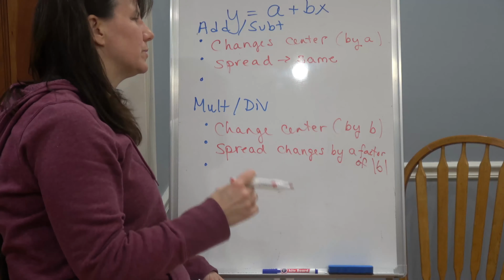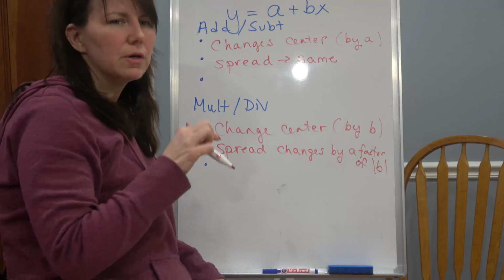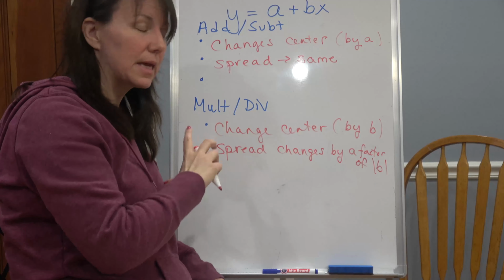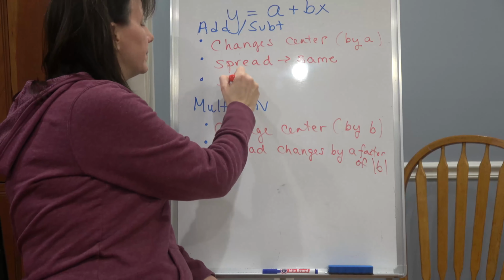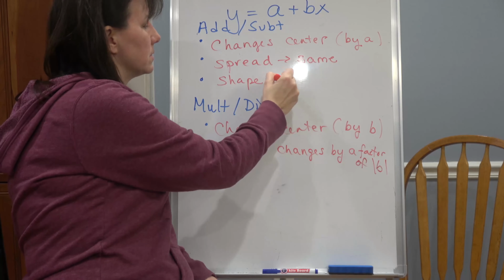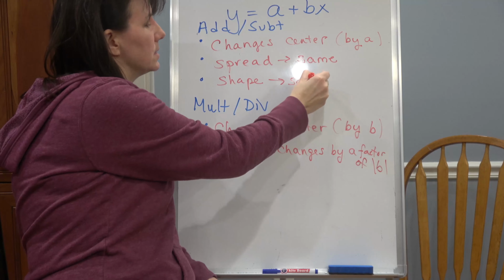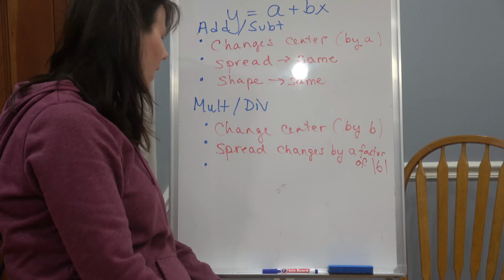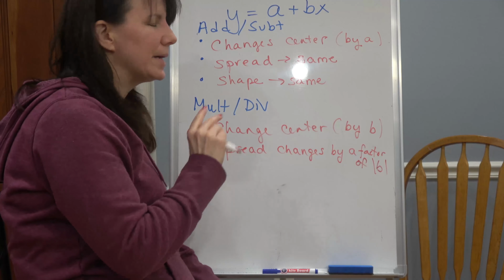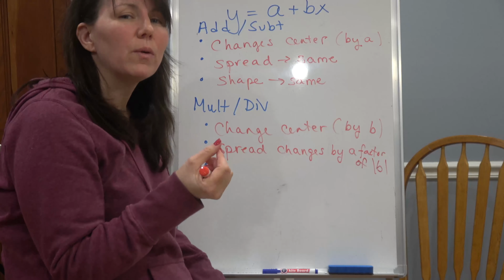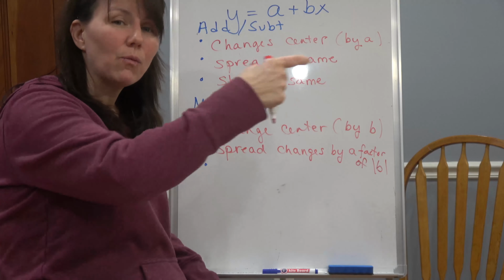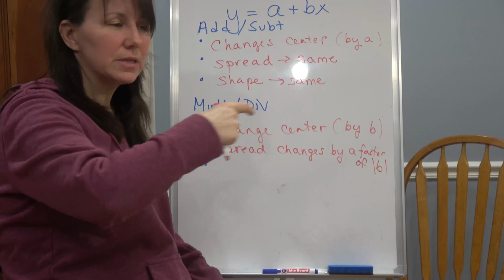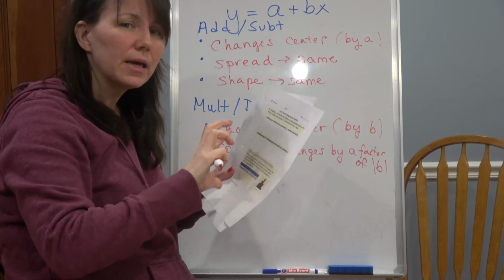And then the shape. So we're talking about center, spread, and shape. If you add something, it's just going to shift left or right. The shape stays the same. So if it was skewed, it's still skewed. If it was symmetric, it's still symmetric. And then when we multiply and divide, we made some observations of this. If you recall, we made box plots, and we looked at what happens to the shape when you add and subtract. We said it just shifts. But when you multiply, there is some